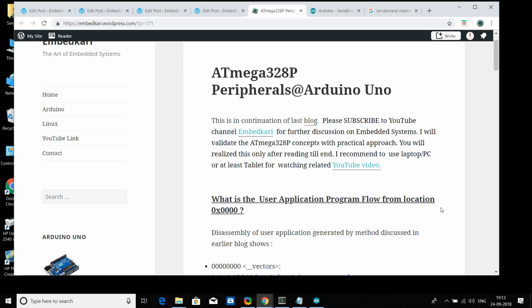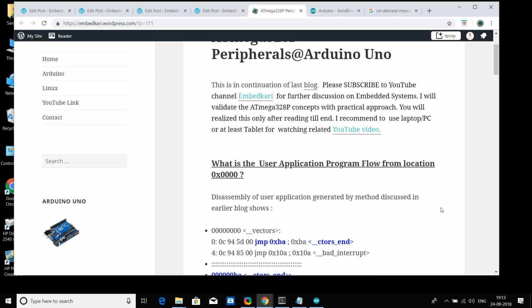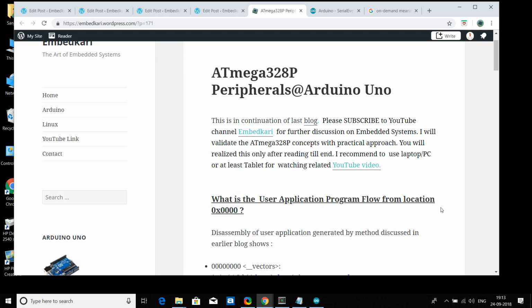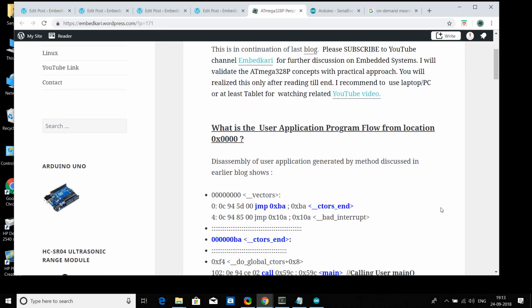Okay, so last time we discussed the flow of the bootloader, and from that we understood how it jumps from the bootloader to the application and the app start. So from that, what happens in the application flow after 00? Okay, so what I did, one of that